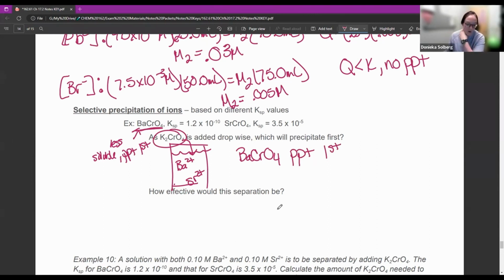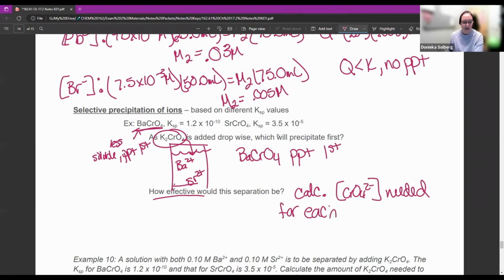Now, how effective would this separation be? What that means is like how much barium chromate can I get out before this also starts precipitating? Which is kind of hard to tell when you're just looking at those Ksps. So if I want to know how effective it would be, essentially what you want to do is calculate the concentration of CrO4 2- needed for each. Like if I need to precipitate both of them, the concentration to precipitate this one, concentration to precipitate this one. And if they're really far apart, that means I can probably get out most of the barium chromate before strontium